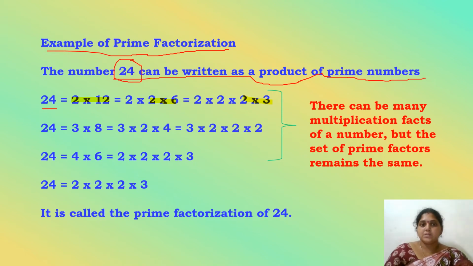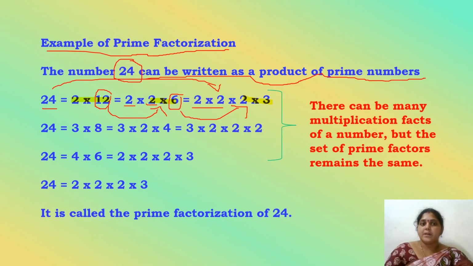Yes or no? See here. This 12 I converted into 2 into 6, which is equal to 12. The number you have written before 12 will remain the same. Now here 6 will be converted again into 2 into 3. This 2 and this 2 remain the same here. Now 2 is a prime number, 2 is a prime number, 2 is a prime number, 3 is a prime number. So this 24 can be directly written like this in prime factorization numbers.